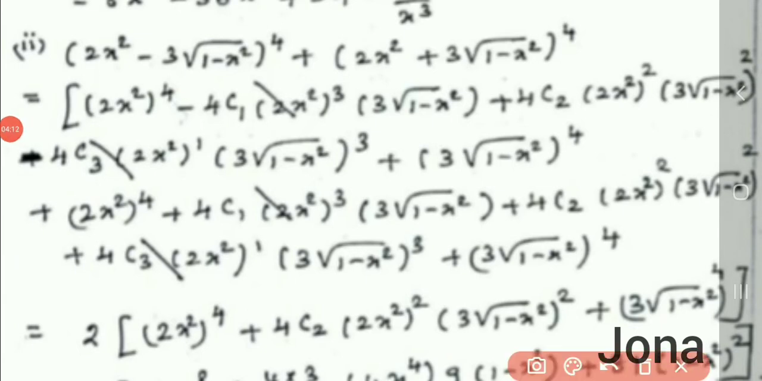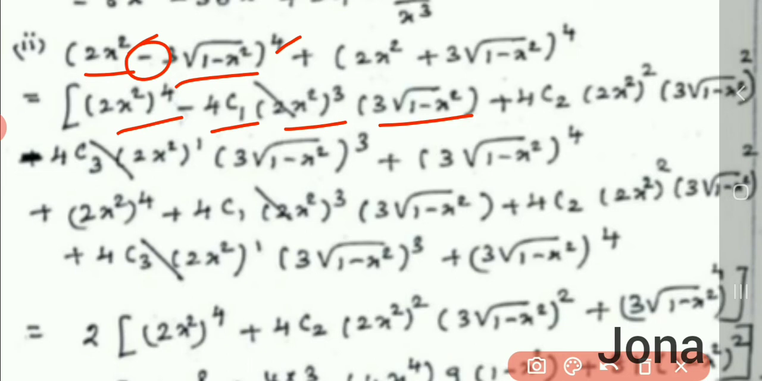Here I can say this 2x² is x now, and 3√(1 − x²) is a, n is 4. So we want to substitute in the formula. Here xⁿ, and in between we have a minus symbol, so we have to put alternate signs. So minus 4C1 into x³, that is (2x²)³, into a, that is 3√(1 − x²), plus 4C2 (2x²)² into (3√(1 − x²))²,